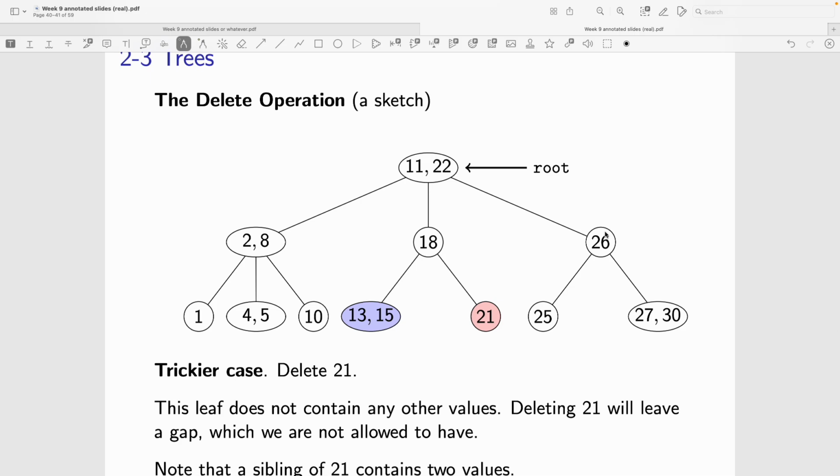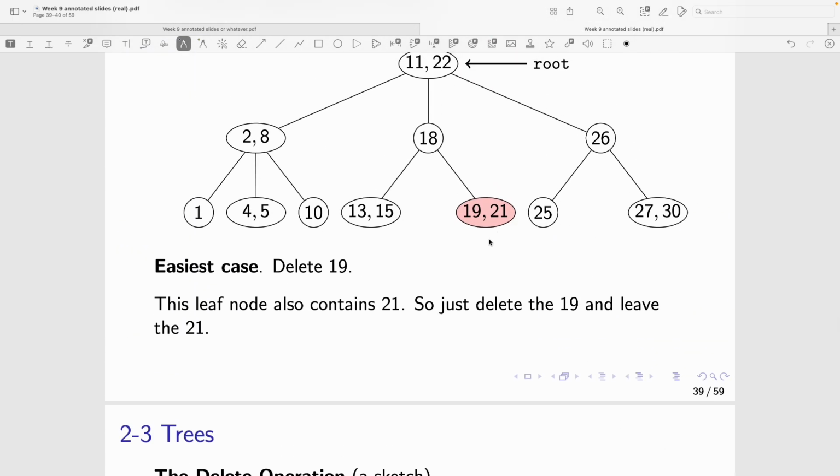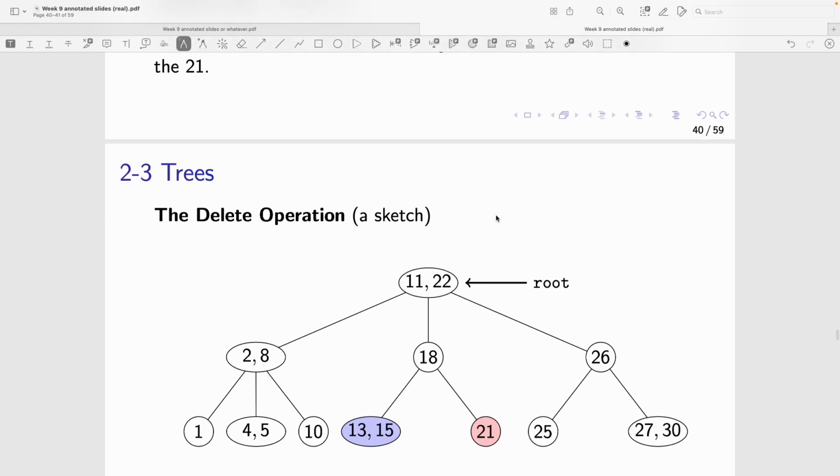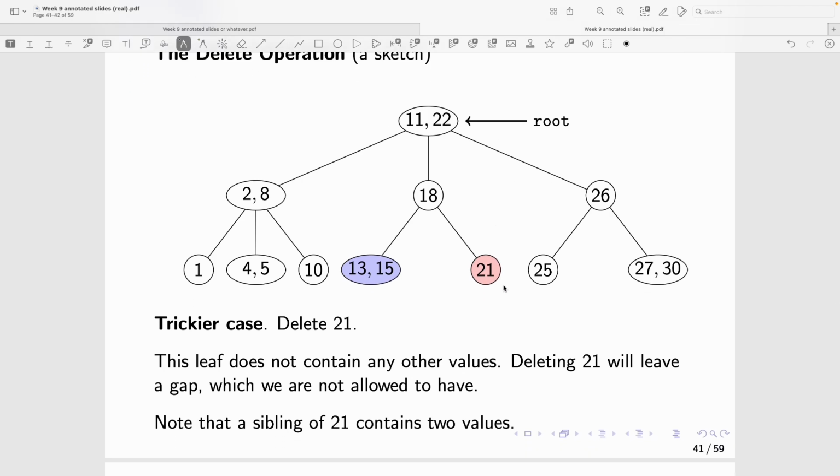This one's trickier. Now say we wanted to delete 21. If we deleted 21 first, it would be easy for the same reason as 19. But now 21 is alone, and we have to delete that entire node. In a binary tree, it would be okay to just delete that node, leave 18 without a right child, but that's actually not allowed